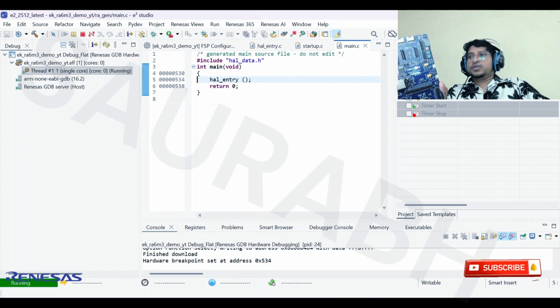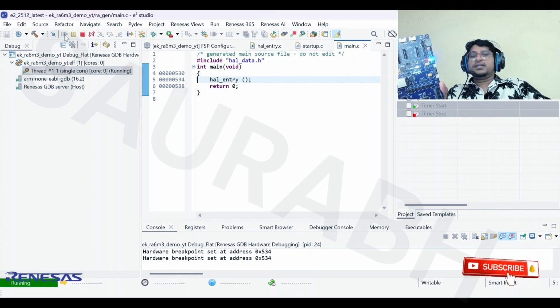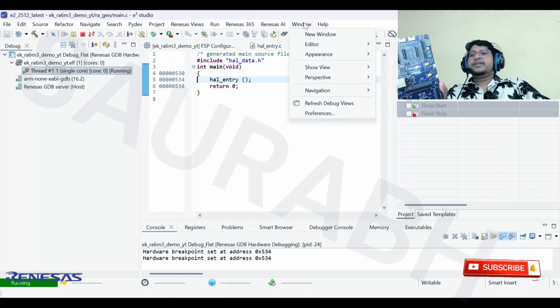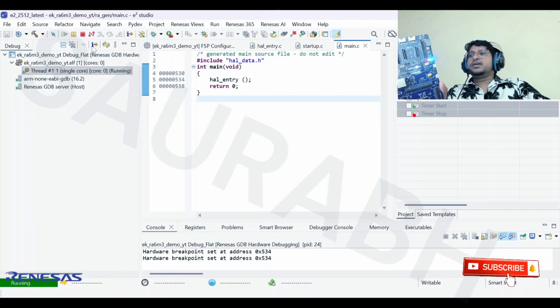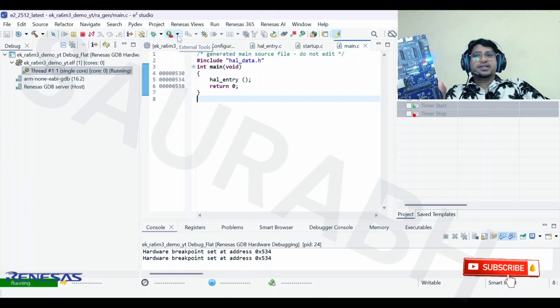Here are the reset options. Reset means CPU reset, and I'm going to play again. You can see there is no doubt in this system. After downloading this code, some options are enabled. What those options are and how we can use them, we are going to explain. I hope this video finds you well and helps you to set up and start.